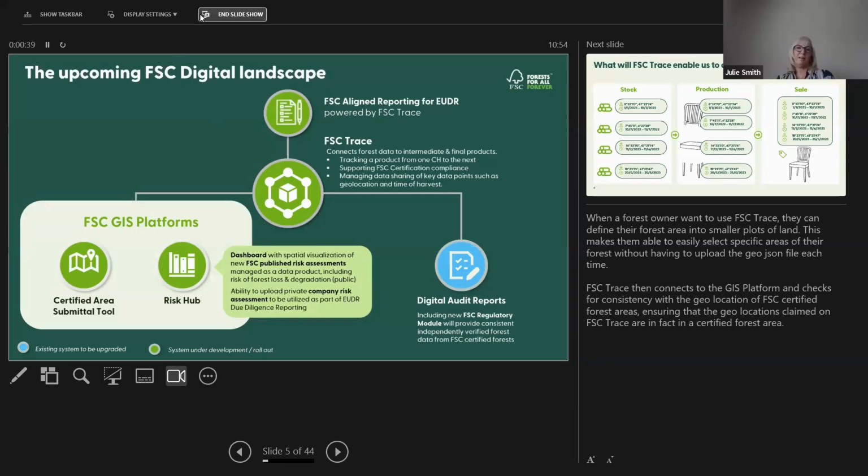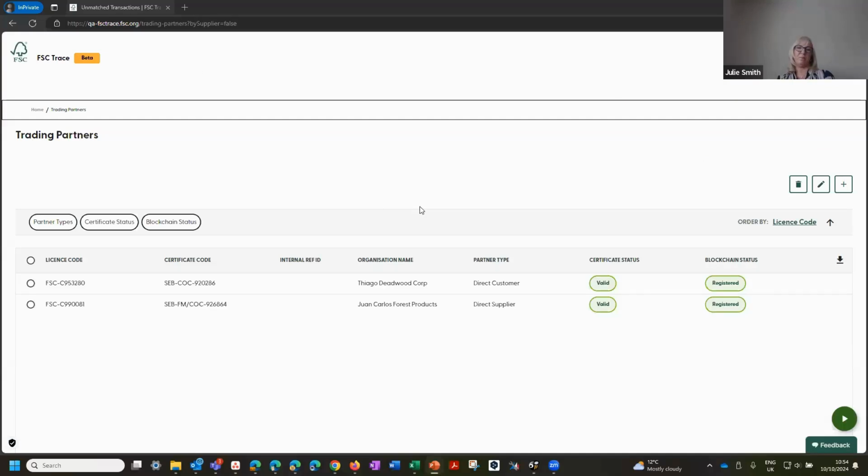Okay, thank you for that. And then just finally on that point, with the GIS and the risk hub, are FSC intending to make those paid services for license holders? Sorry about that. The basic services intention is that these will be free,